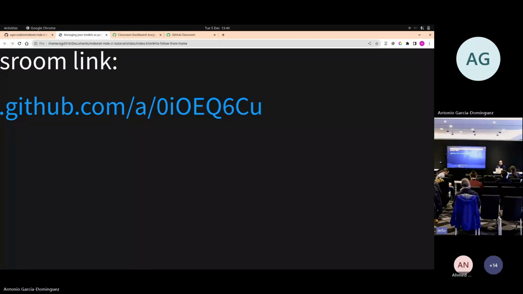So if you follow that link and you are logged into GitHub, it will ask if you want to join this assignment. If you accept this assignment, it will create a private repository for you in a GitHub organization, which has been set up to work with the education platform, right? So if I go and follow this myself,